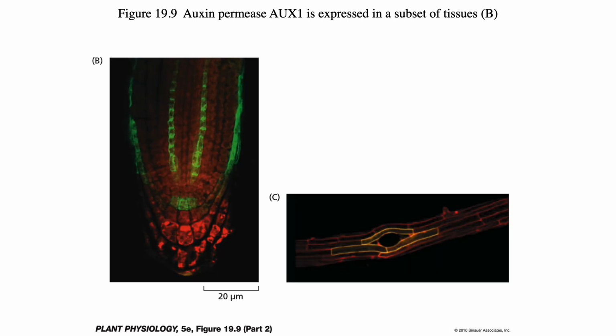Molecular biology techniques give us the ability to label specific proteins so that we can visualize their location. Here in B, we can see the localization of AUX1, an auxin transporter, as the fluorescent green color in the protophloem cells of the stele, a central cluster of cells, in the columella and lateral root cap cells. And in C, LAX3, another auxin transporter, mediates auxin uptake in epidermal cells surrounding emerging lateral roots to induce cell expansion and other changes that permit lateral root emergence.